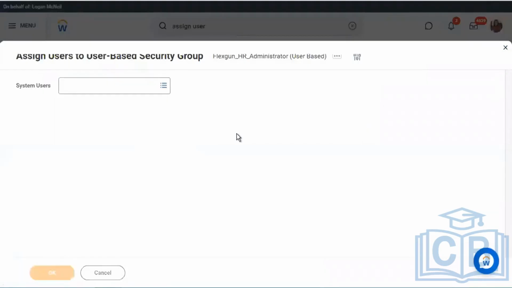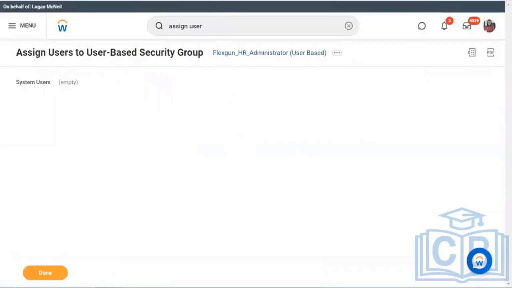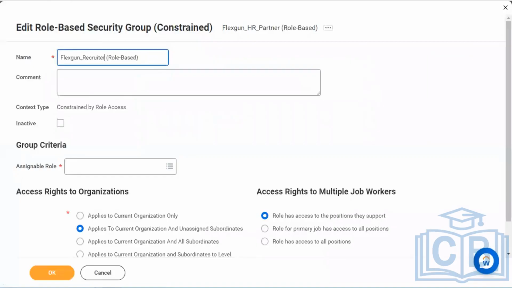I removed Mike from this group. He's no longer an admin anymore, assuming that now he is a recruiter. And we only want him to be recruiting in a certain area of the organization or for certain organizations within the company.